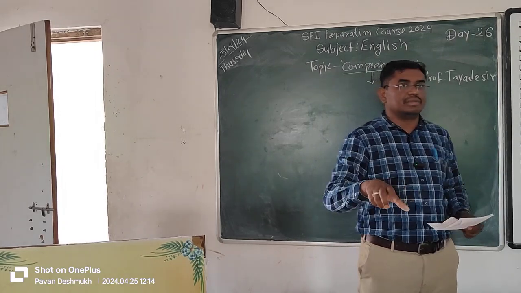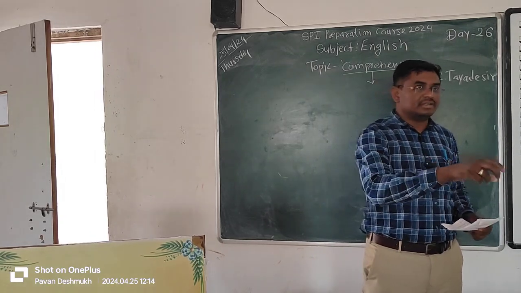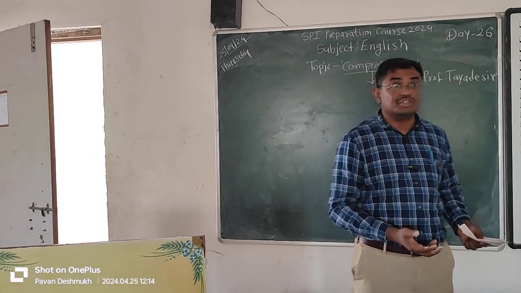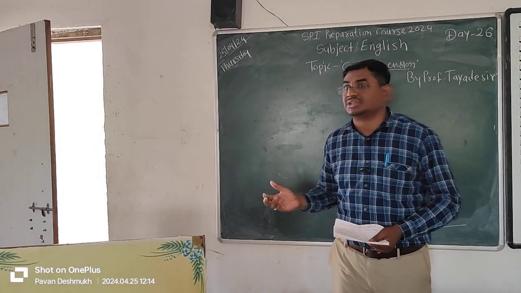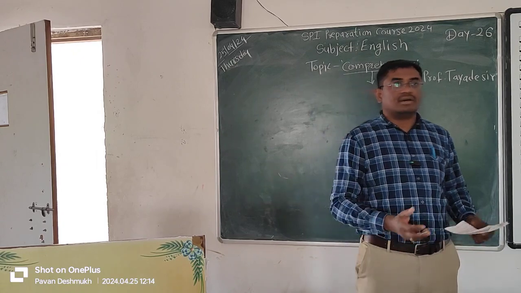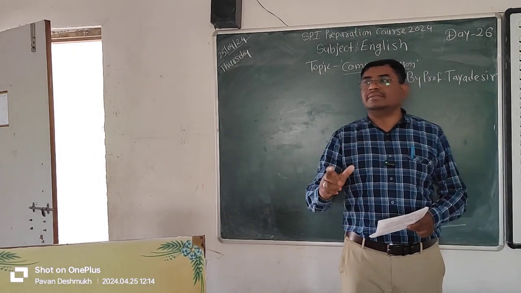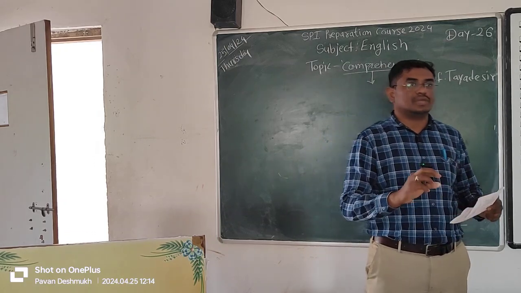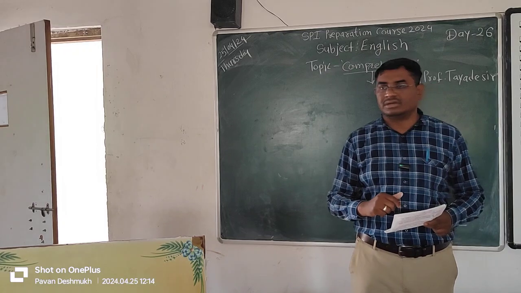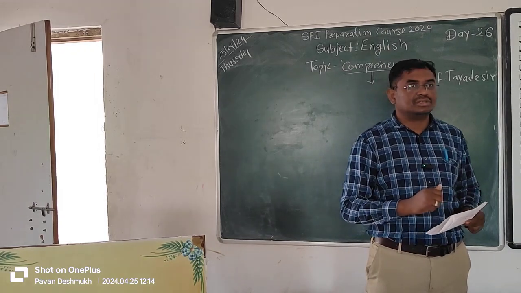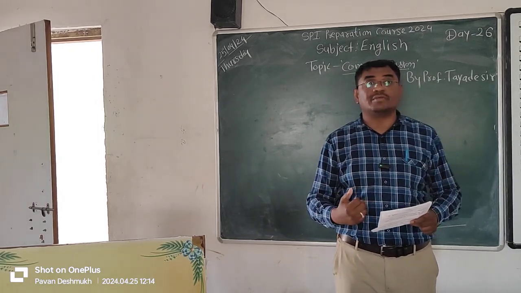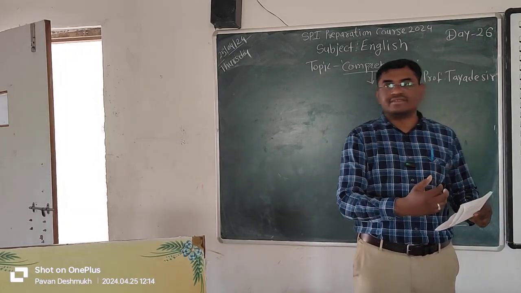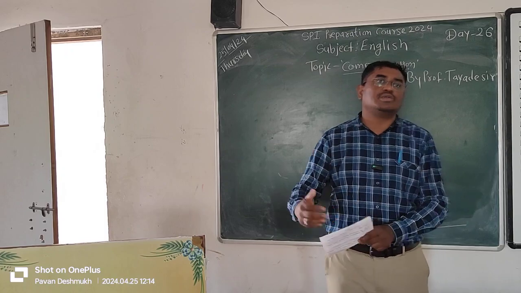We firstly read out the passage. Suppose it is a seen passage, which was already taught to us by our teacher. So it is very easy for us to understand as well as to solve the questions. An unseen passage is a little bit difficult to solve, because some new words or some different kinds of concepts come in that passage. It is not explained to us by someone else. So that's why it is a little bit difficult to solve.